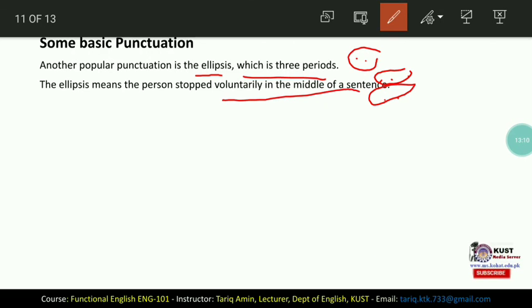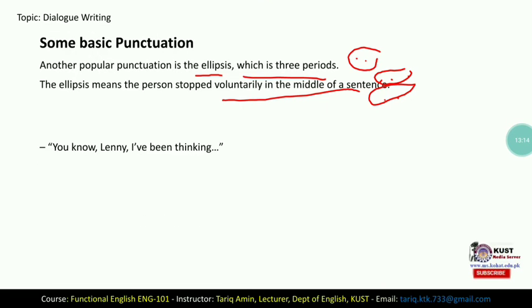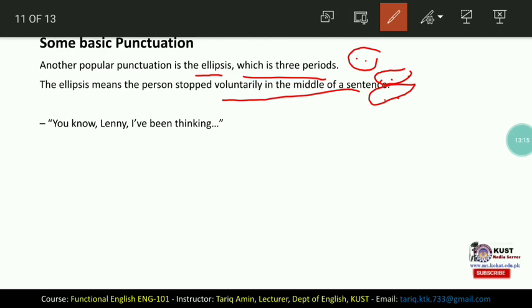Like, "You know, Lenny, I've been thinking..." Now these three periods, the ellipsis, show that the person voluntarily stopped in the middle of the sentence. He has not completed his sentence, but he has stopped voluntarily.